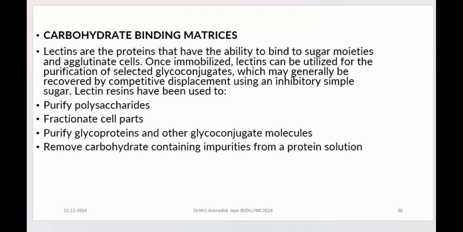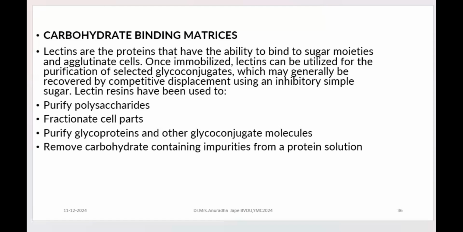So any biomolecule which has a carbohydrate or sugar moiety on its surface can bind with the lectins, right? So these lectins can be utilized for purification of selected glycoconjugates, that is, the biomolecules having glyco, that is sugar or carbohydrate moiety. So you are going to have columns which have lectins